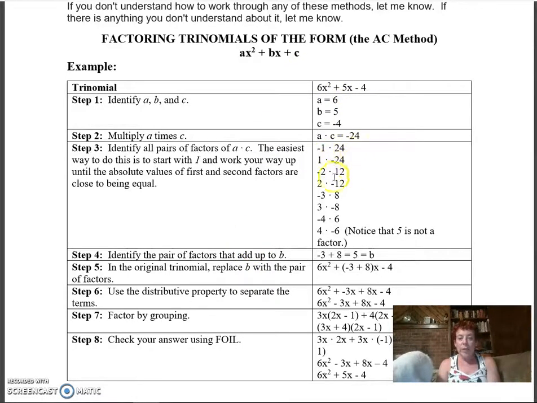So we look through all our pairs of factors and we find that the 2 factors that add up to 5, in this case, are negative 3 and 8, because negative 3 plus 8 will equal 5. So those are the numbers that we are going to use, and we're actually going to be using the grouping